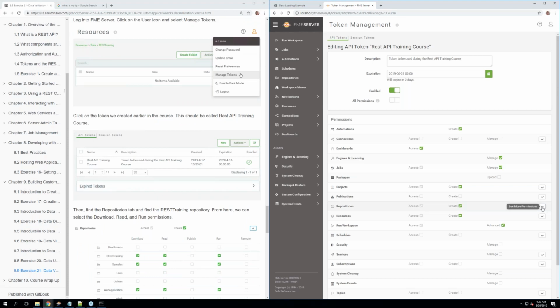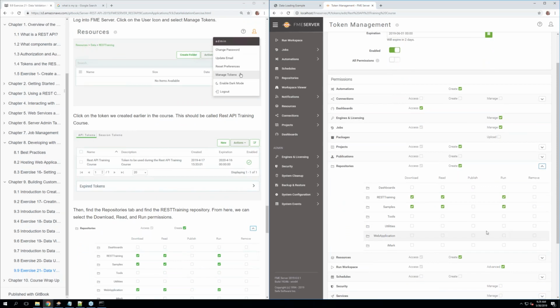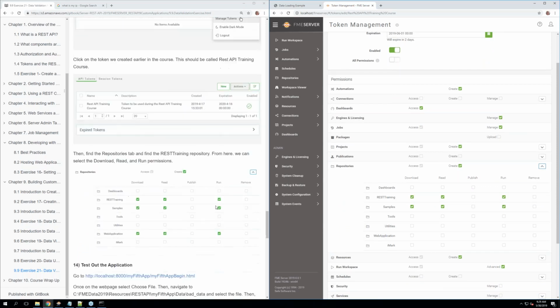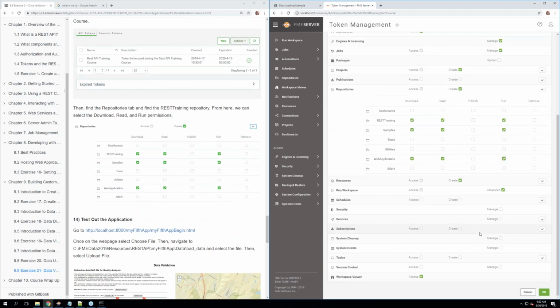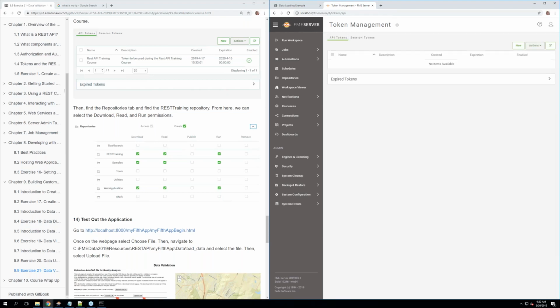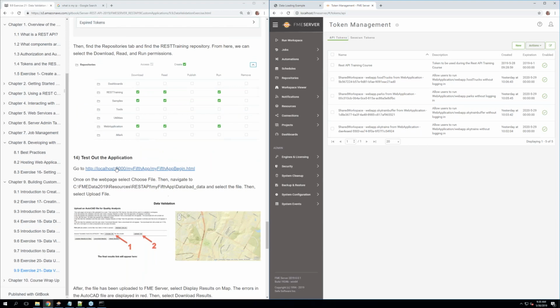Then under repositories, we need to give permissions to the web application repository. So give it read, run, and download permissions. Scroll down and click OK. Now if we follow this link, so on line 14 or step 14,